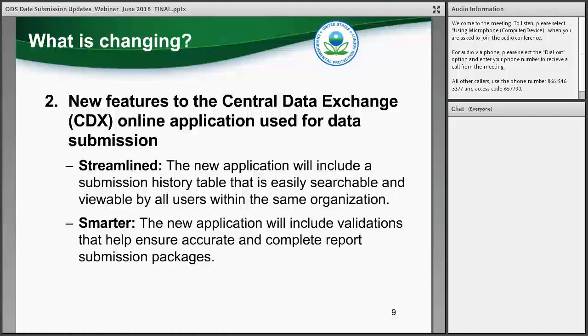So moving on to the second key feature that is changing, which is the CDX application. So this is the online platform used for submitting data. We have updated the application to make it a lot more streamlined. The ODS program currently uses CDX for electronic submission, but we've completely redesigned what that interface looks like and the